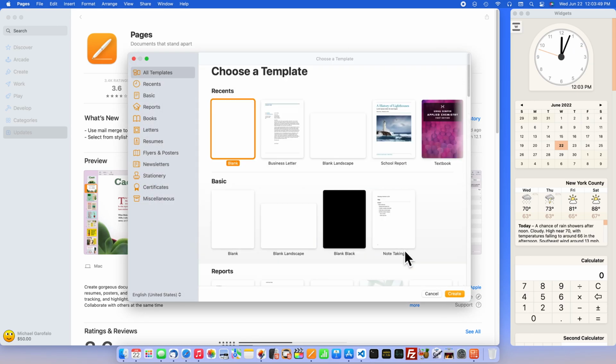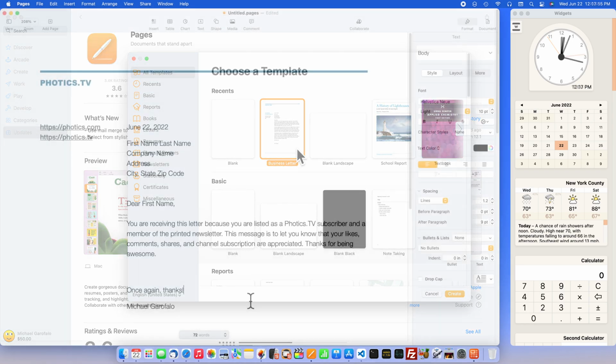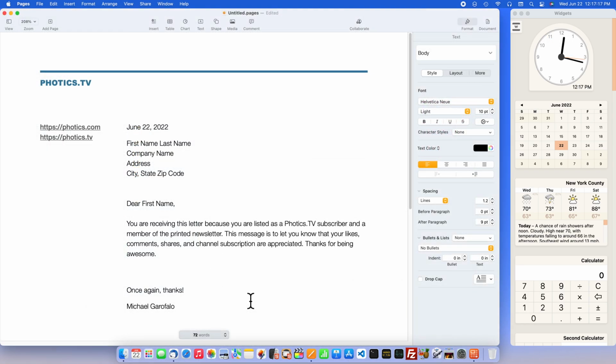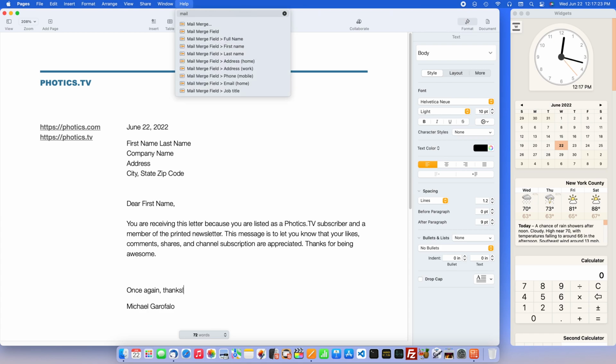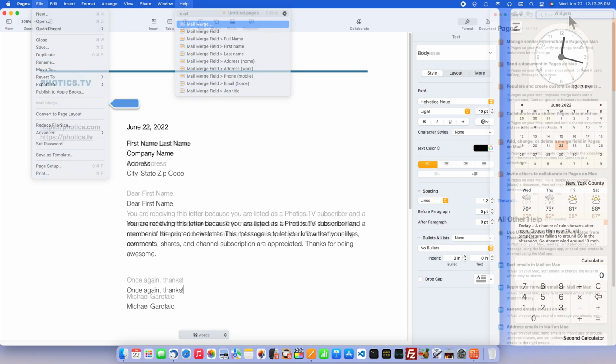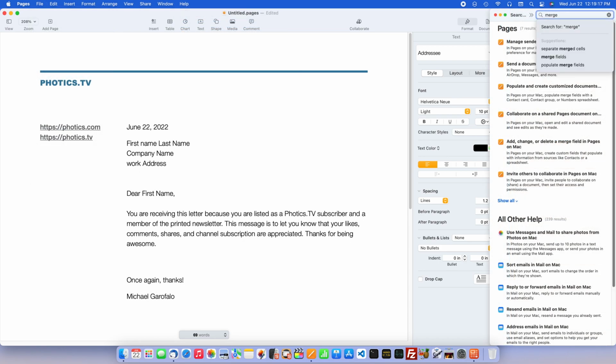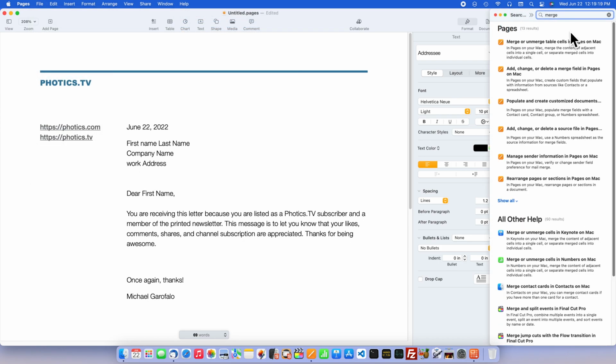First, load up Pages. I'm starting with the business letter template, but this feature is not limited to just that template. Next, you could get lost like me. I fumbled around, seeing if I could figure it out on my own. Nope. I needed to read the instructions. If you search the help documents for Merge, the Populate and Create Customized Documents in Pages on Mac listing should